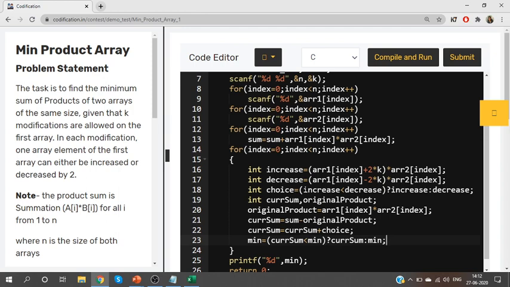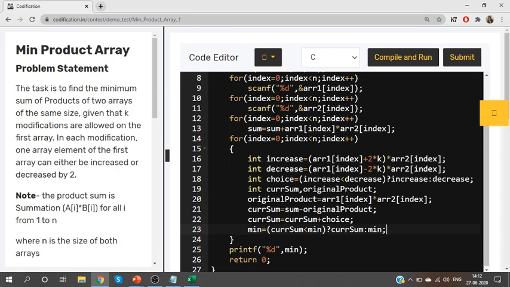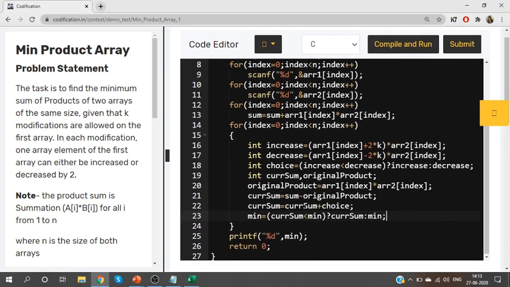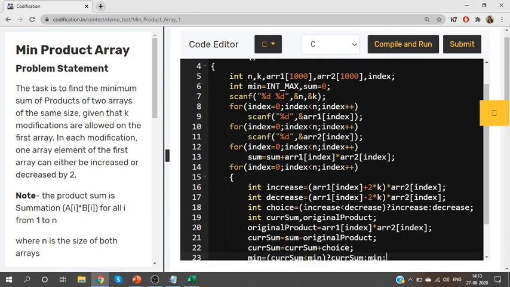The steps are the same, guys, but instead of calculating the product each time, I will just have the sum value originally. From that original sum value, each time we will subtract the original product and add the current choice. So based on that, I will be able to find out the min value. Clear? Have we declared all the variables? Let us see if it throws any error, then we'll check into it.